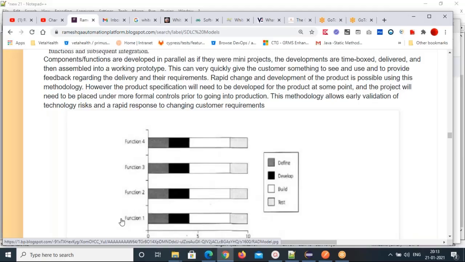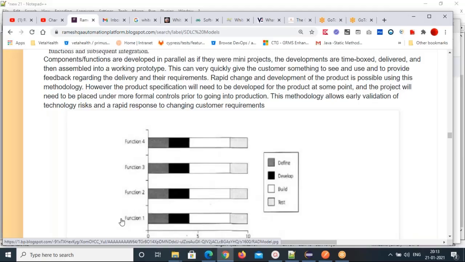This can give a very quick feedback, and the project can be given to the customer so that he can see it very easily and quickly. Then the customer can give feedback regarding the delivered product and their requirements. Based on their requirements, they can deliver quickly.